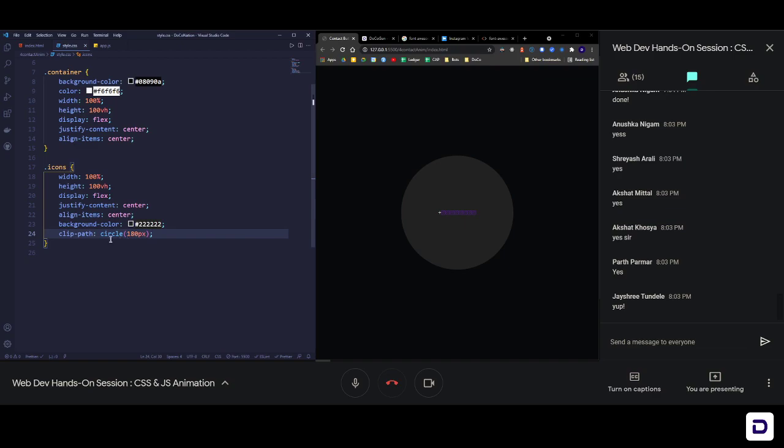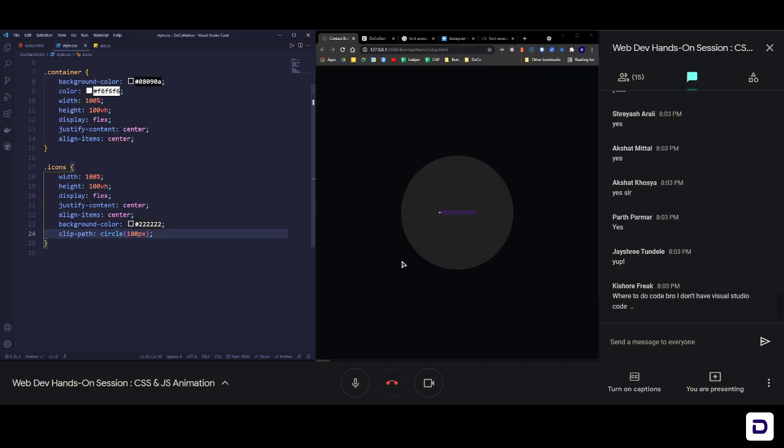Okay, great, good. So let's now move ahead and start styling this whole thing. Kishore is asking where to code. You can use CodePen, you can code online, there's no problem in that. There are a lot of different code editors. You can use Notepad also if you want, but you won't get that live server thing. So Notepad, Sublime Text, Brackets, Atom, all of these are great IDEs. You can use any one. Okay, so shall we move forward with the next step?